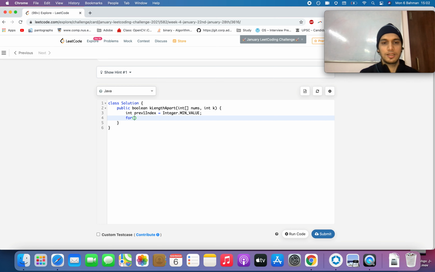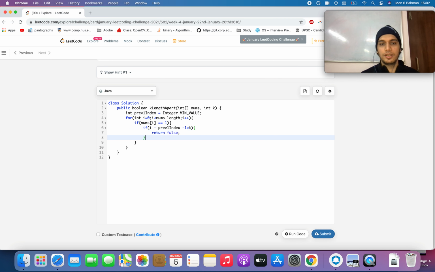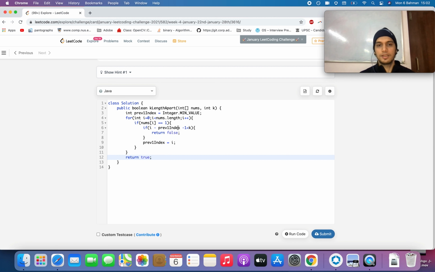And let's just start the iteration: i = 0, i less than nums.length, i++, and if we see a 1, then if i minus previous one index minus 1 is less than k, that means it's a failure case and we return false. Otherwise, we update the previous one to current i and continue the iteration. We are good here and return true. This looks pretty simple.